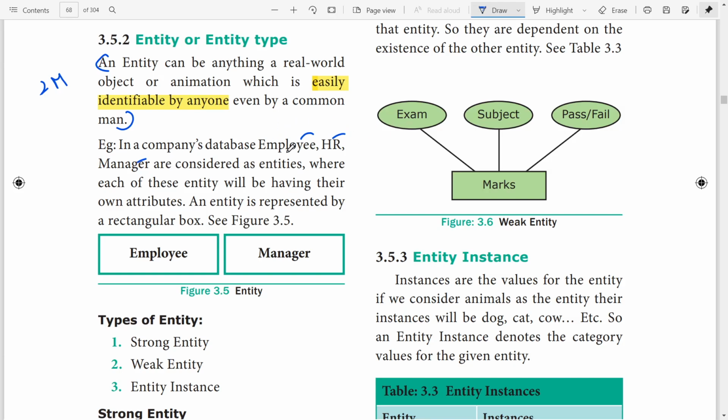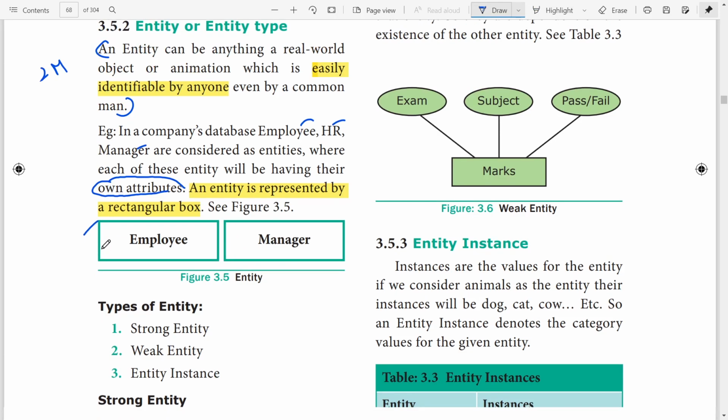Each one is an entity. Each of these entities will have its own attributes. An entity is represented by a rectangular box. Then 1 mark question: entity is represented by a rectangular box. If it is a rectangular box, then we call it an entity.